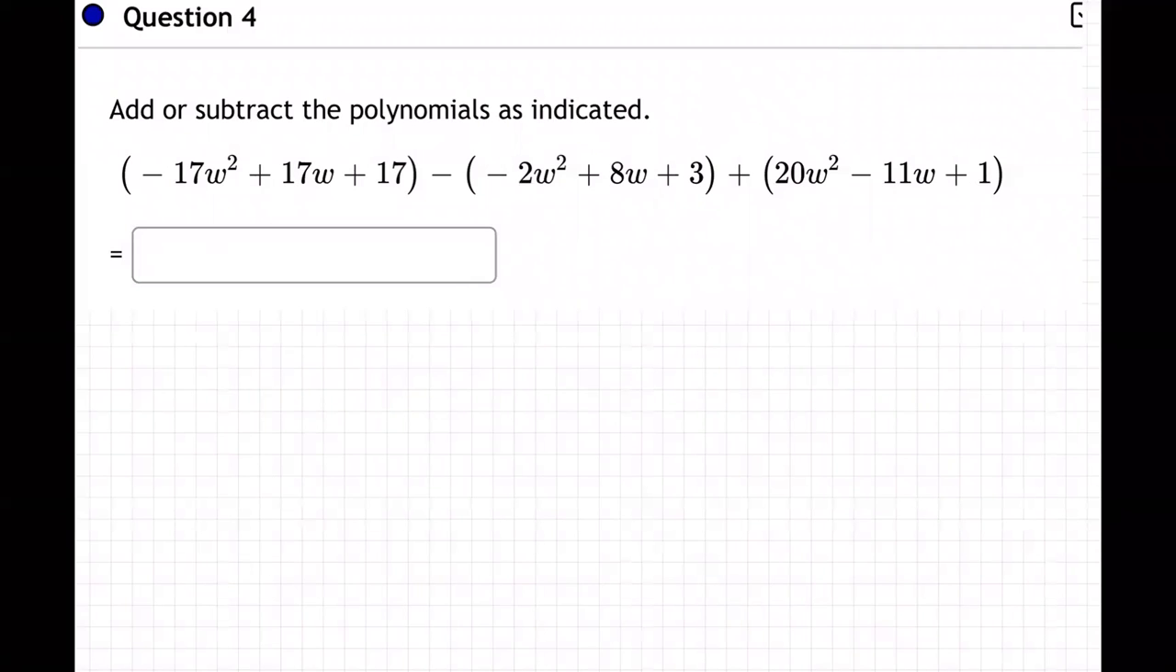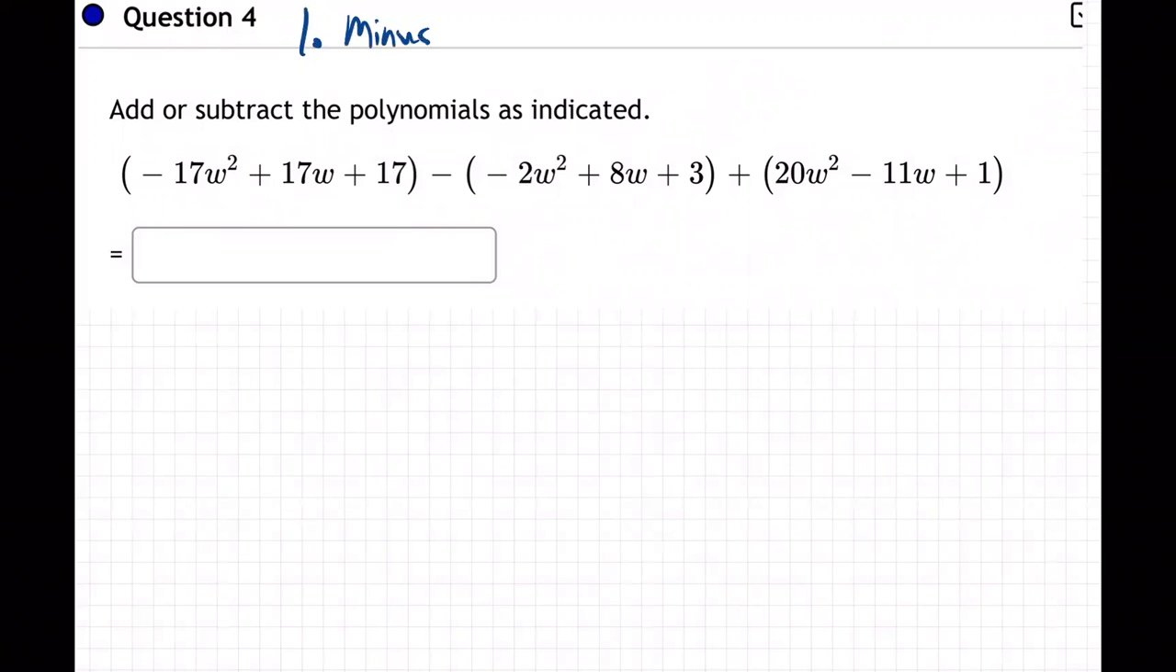Okay, so I'm trying to add or subtract these polynomials. So we have three different polynomials, and we're adding and subtracting between them, right? So step number one, let's get down to business. Step number one,